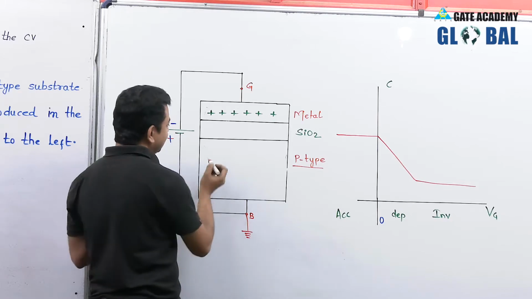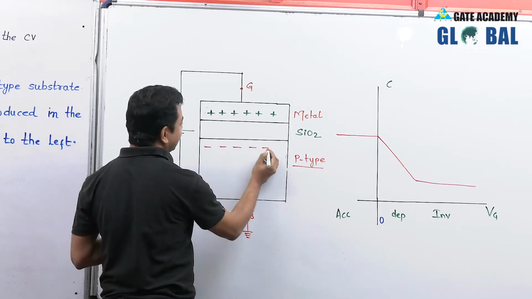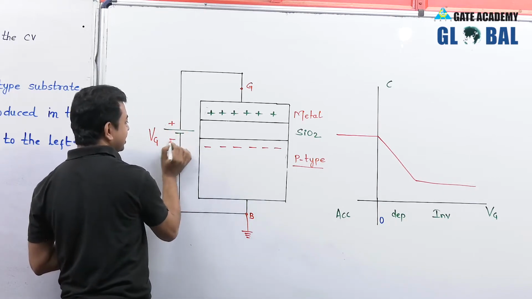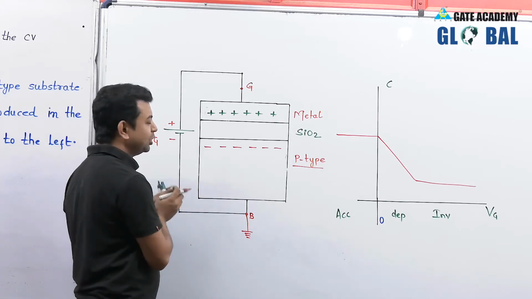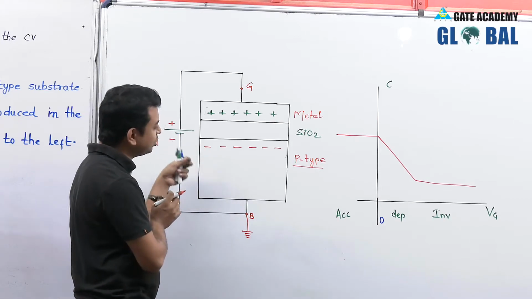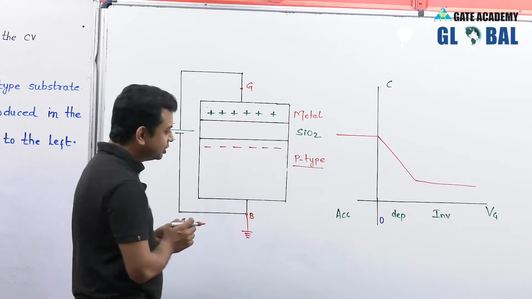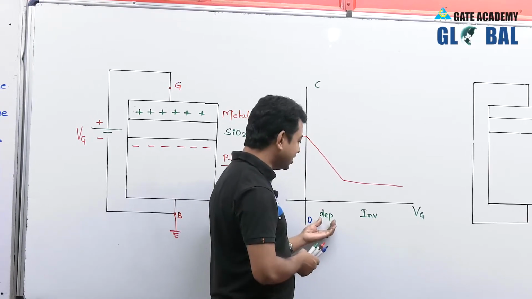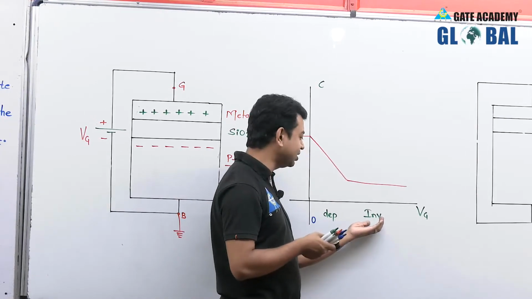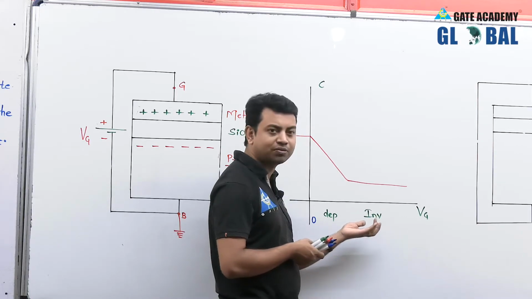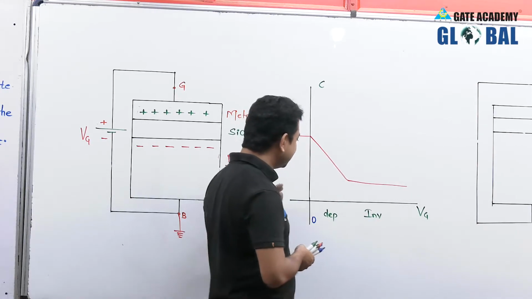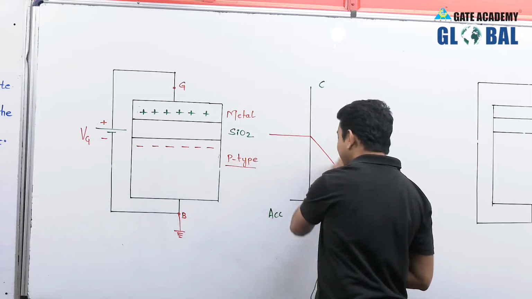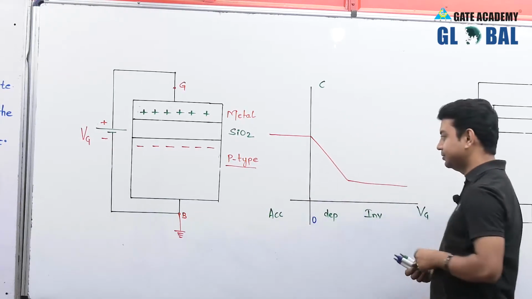Now I am removing this part from here, and because this is a capacitor, we are having the negative charges here. This is positive and this is negative. These negative charges are either due to the presence of ions or due to the presence of electrons, both. Initially we are having the presence of ions, and after some time, because of generation, we are having the inversion layer. This is due to the presence of the electrons. So when we apply a positive voltage in a substrate which is of p-type, the characteristic will be seen to be like this.